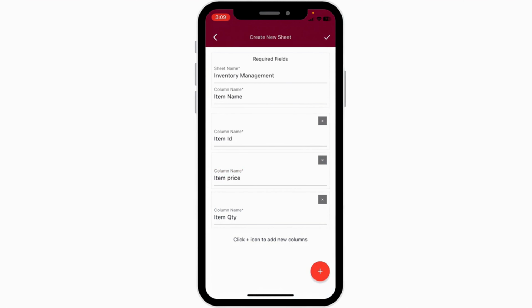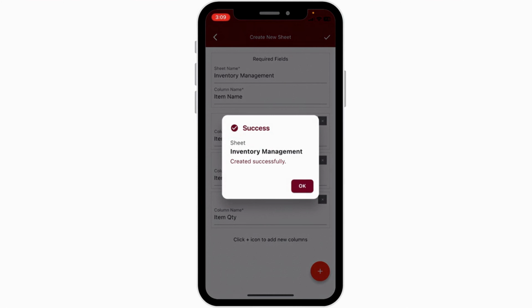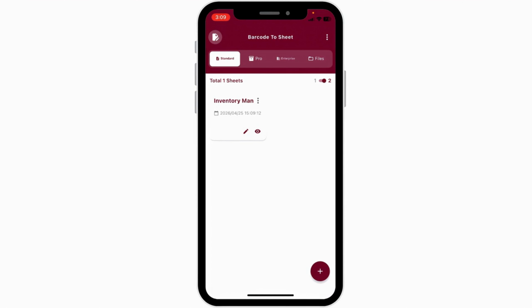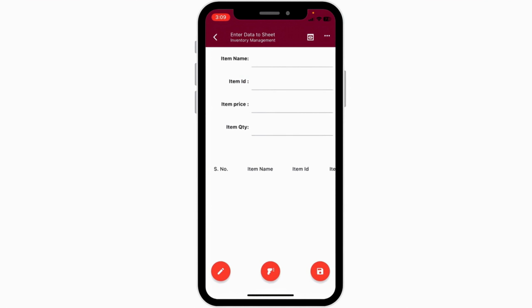Now I am all set. To save the sheet with the created column, click the tick icon at the top of the screen. Open the created sheet by simply clicking on the sheet. Now that the sheet with columns has been created,